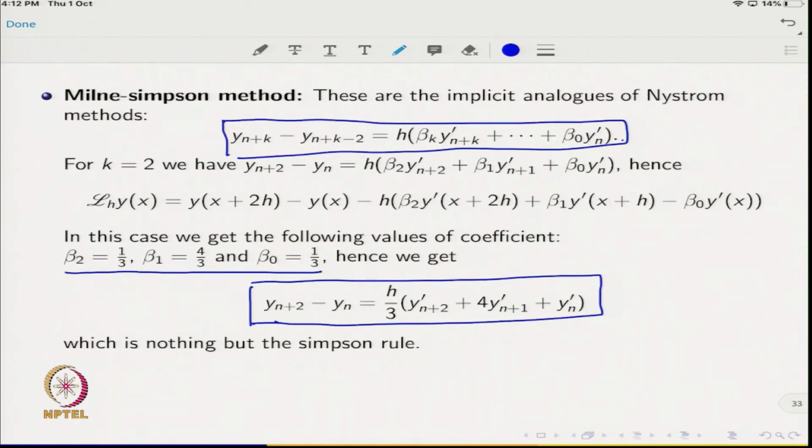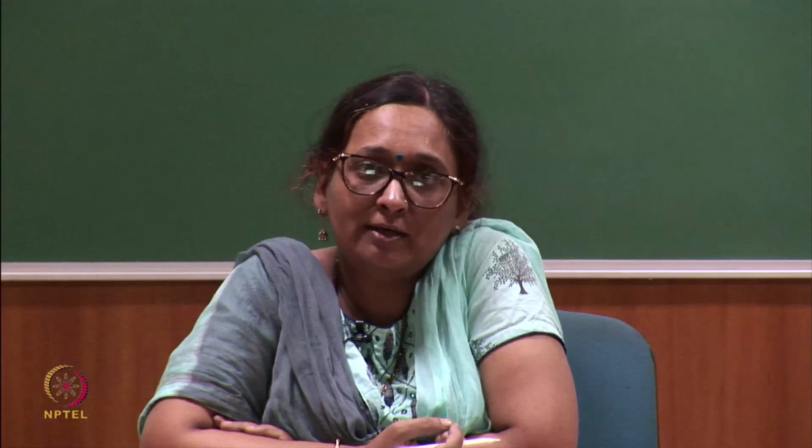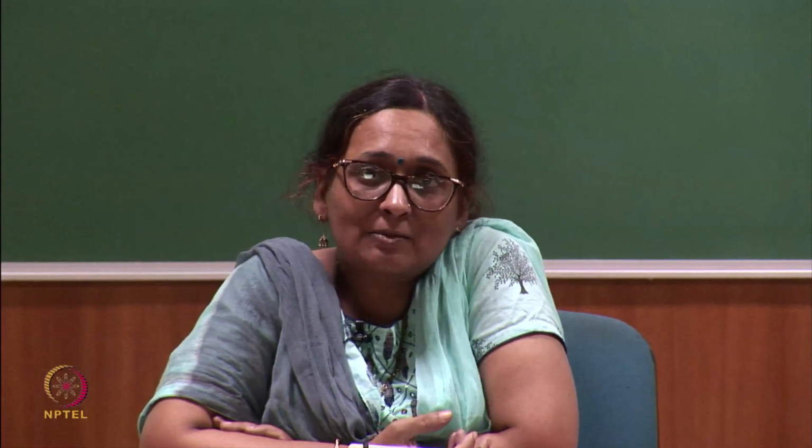So, to determine these coefficients you have to choose your order accordingly, which is nothing but the Simpson rules. Here again let me say why it is called the Simpson rule; that also you can justify once you start deriving the same formula with the help of numerical quadrature. So, you can guess whether it is related to the Simpson rule of numerical quadrature or not, and that is what you can check.